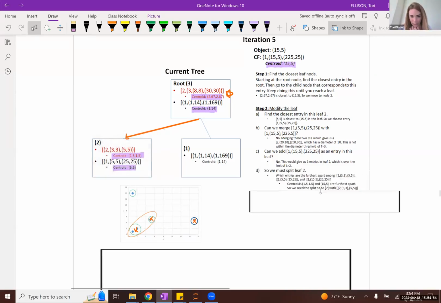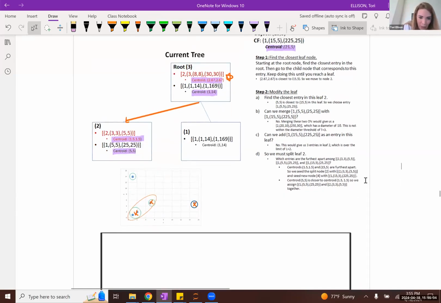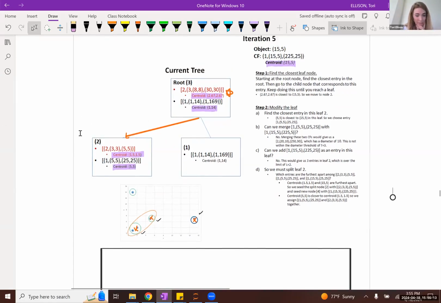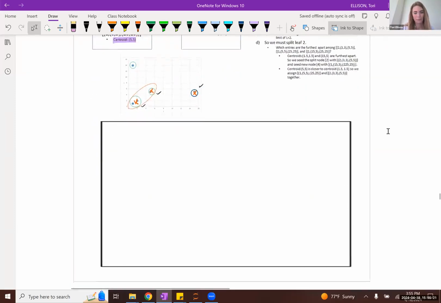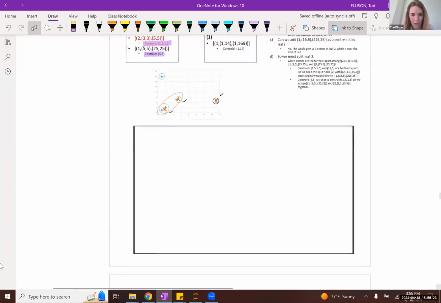Okay, and so we use the same procedure that we used in the previous step. We find the two furthest apart subclusters that we are considering. Out of all the subclusters in this leaf node and this incoming subcluster, we find the ones that are the furthest apart.